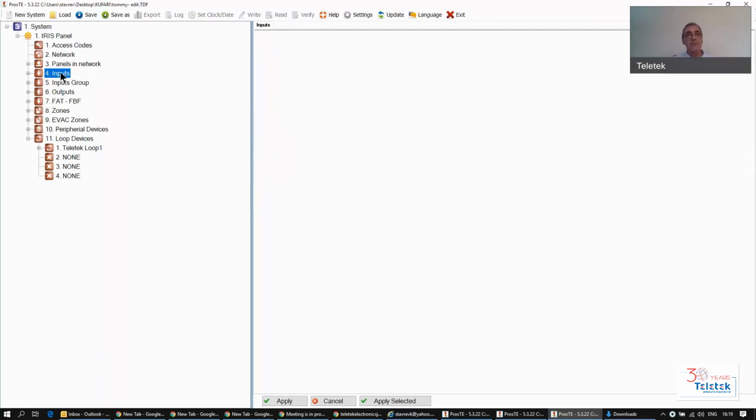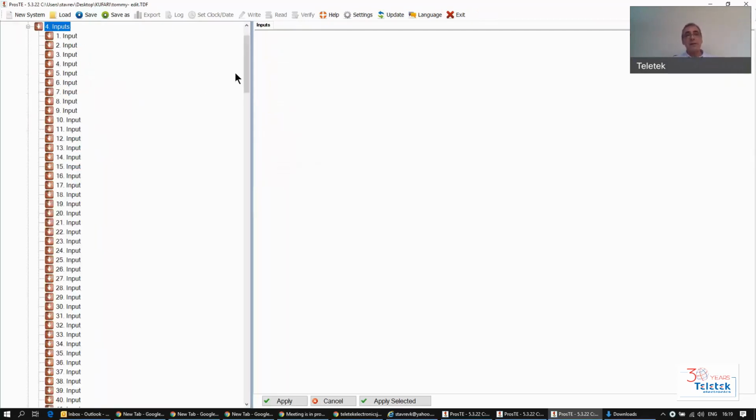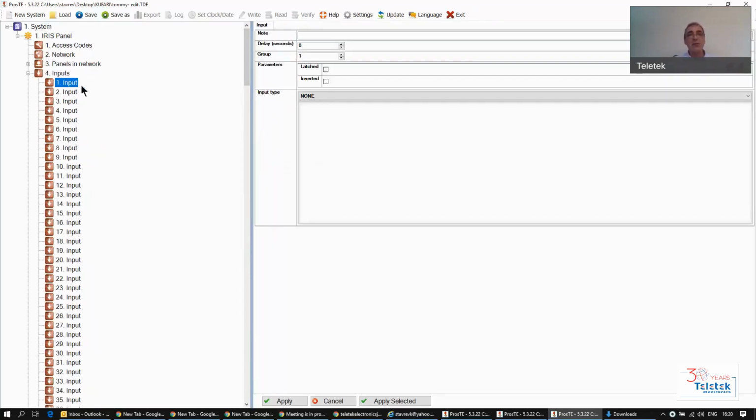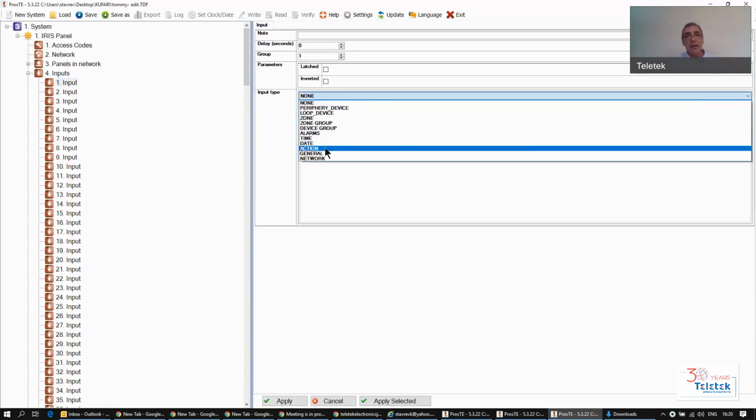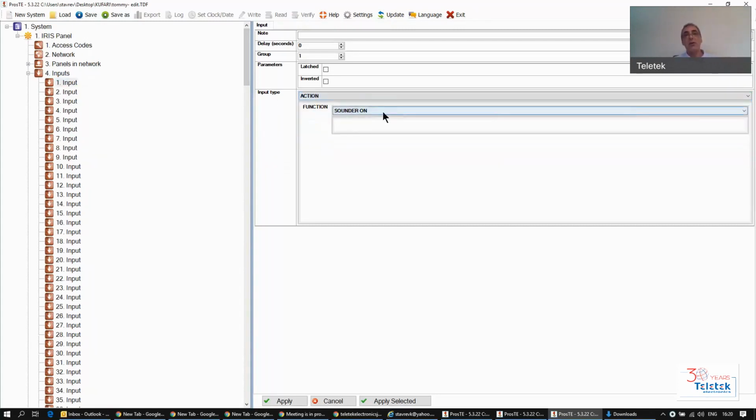Over here, inputs and outputs. Now you have 250 logical inputs that you can assign to something. You can design an input to monitor the system for something. The most used event and the most comprehensive event that you can choose is action sounder on. What that means is, you want to send the elevators to the first floor or activate the aspiration or air conditioning system